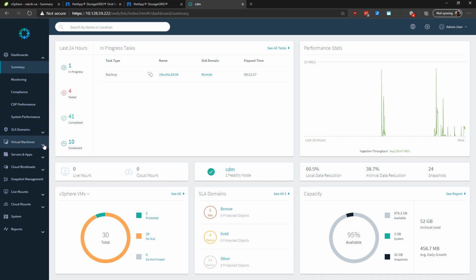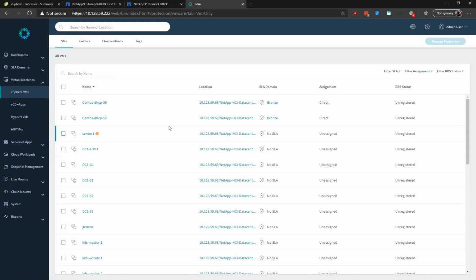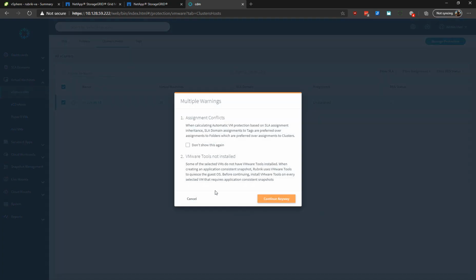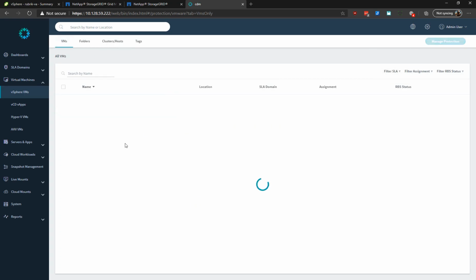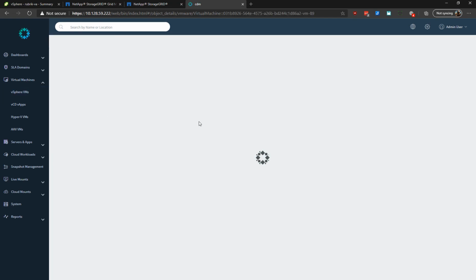Now, how do we use Rubrik Backup to backup various things that we have in this environment? So let's start with virtual machines. First, for virtual machines, I can see all the VMs in this environment because I added a VCSA to this environment. I did not configure cluster-wide SLA, and the reason is I already assigned protection to certain VMs, and I do not have VMware tools installed on all the VMs, so I would have too many failed jobs if I did. Instead, I enabled SLA protection for the first two VMs that I have here,